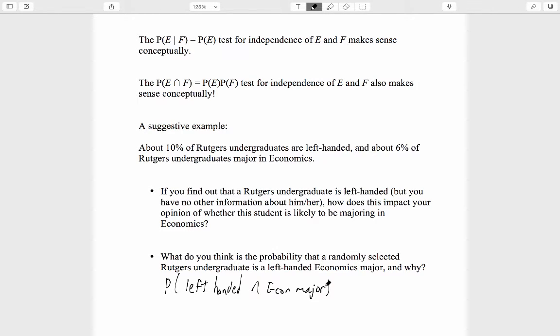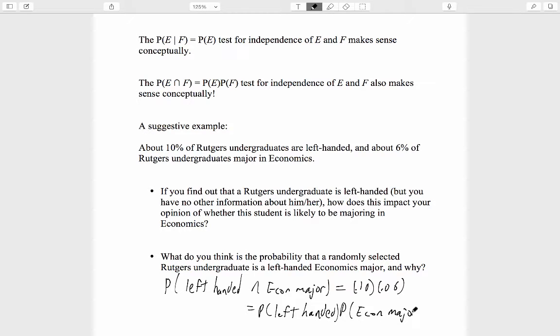It makes sense that since 10% of the undergraduates are left-handed, 10% of the economics majors should be left-handed. And economics majors are 6% of all the undergrads. Therefore, left-handed economics majors should be 10% of 6% of everyone. That is precisely the probability of being left-handed, the 0.1, times the probability of being an econ major,